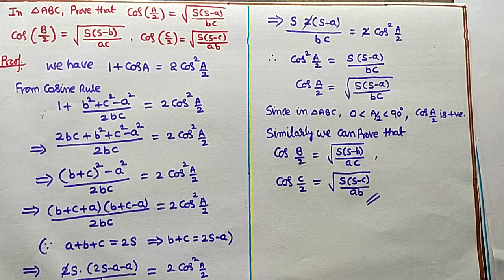in various forms, and the area of triangle ABC. We will take the three cases like B is acute angle, B is right angle, B is obtuse angle, as well as the area of triangle ABC in different forms we will discuss.